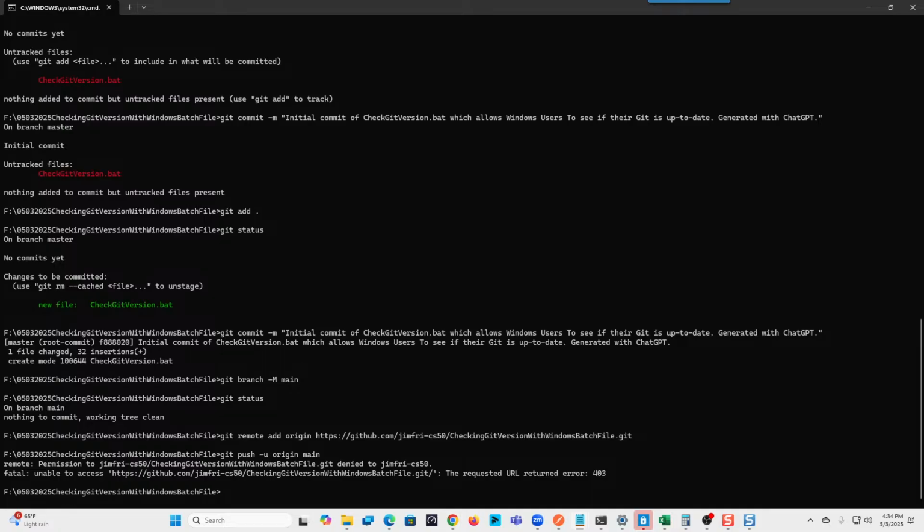I have a text file up. I also will put it in my password manager just for the sake of time. Instead of putting it there and here, I usually copy the exact token name, and I copy when it will expire initially at least. Just talking through this because I can't show you any of this on the screen. So I've got that copied, the check and get version with Windows batch file, never used, expires on June 2nd, 2025. And then I'm just going to, in my text file here, just put a token